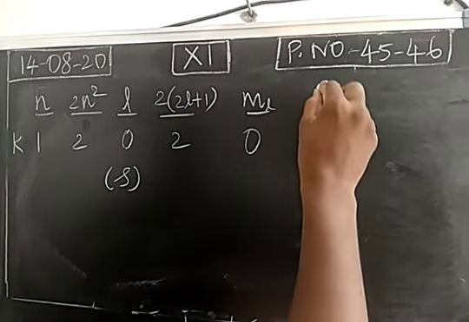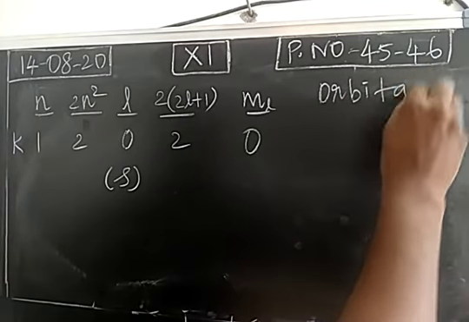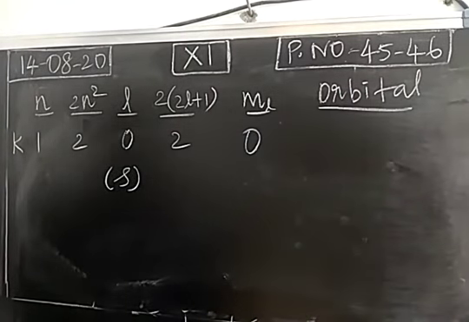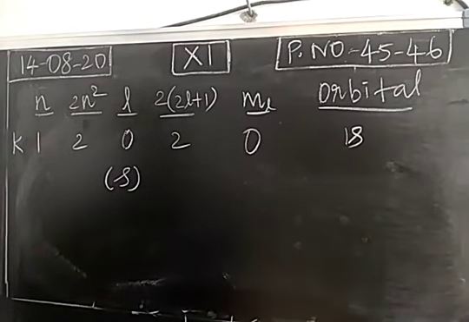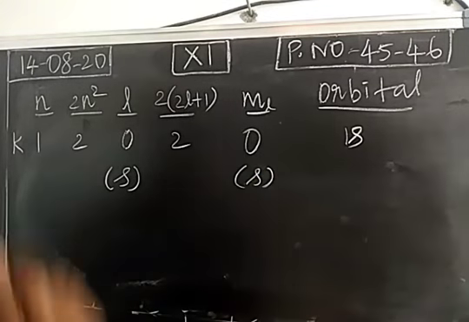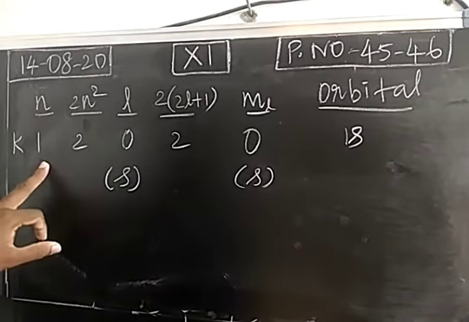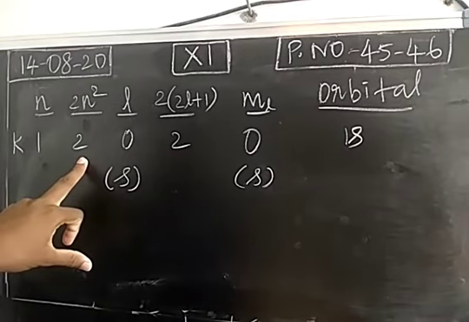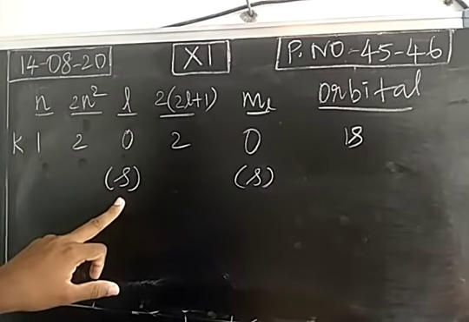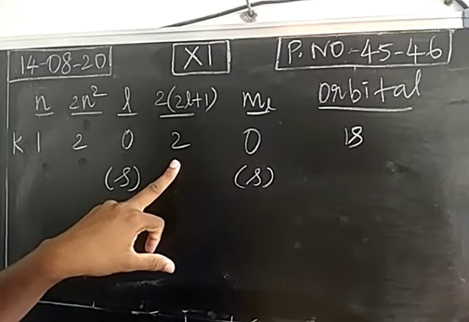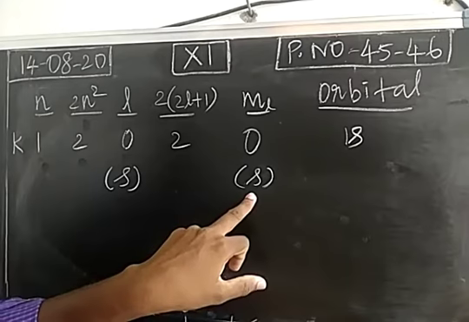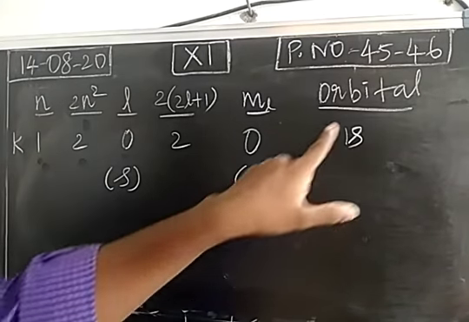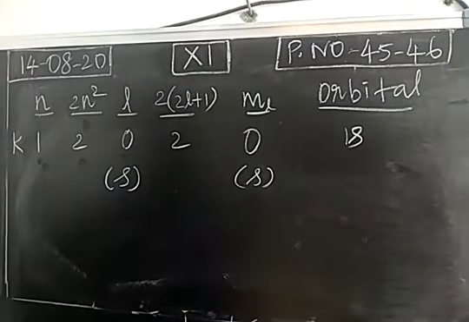So now, what is the designation for the orbital? The designation for the orbital is 1s. Right. So this is the s orbital. The first orbit can accommodate maximum 2 electrons. It has only one subshell, the s subshell. The s subshell can accommodate maximum 2 electrons only. It has only one orientation, so we call this the s orbital. And this s orbital is in the first orbit. So the orbital is denoted as the 1s orbital. Right. So this is the way to designate an orbital.